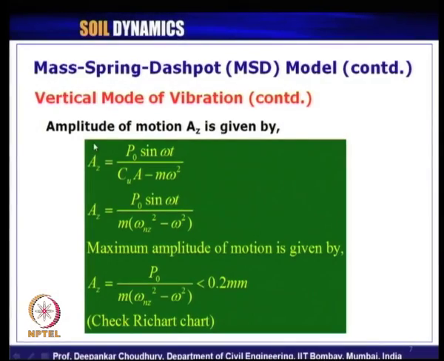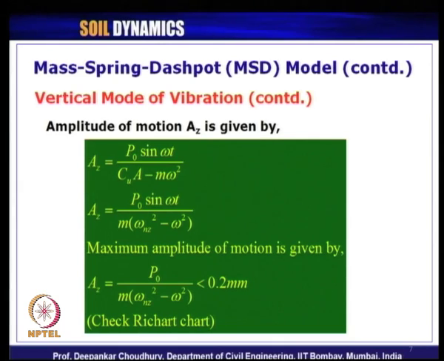Then we had seen the basic expression to compute the amplitude of motion in the vertical direction. A z is given by this expression, and from this we get the maximum amplitude, where the sine term should be considered 1. So, A z becomes P naught by m times omega n z square minus omega square, and it should be less than 0.2 mm as per the IS design code specification. Also, this A z value has to be checked using the Richards chart, so that the qualitative check about no disturbance for the people working in the surrounding vicinity or damage to